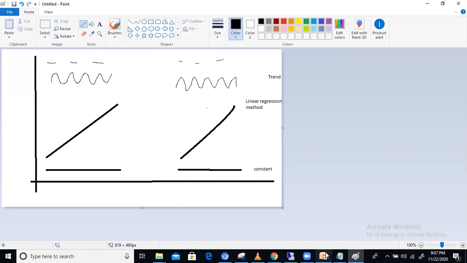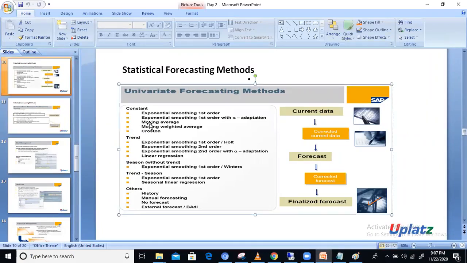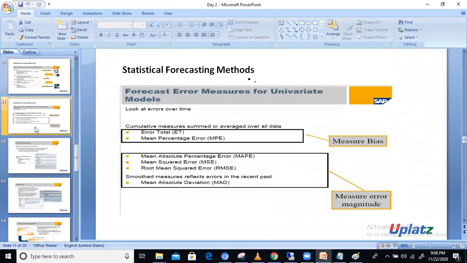This forecast value will be obtained with the help of the moving average method under constant. Like that we have sub methods. Like that we have so many forecast methods. By using these methods, we get the statistical forecast values, which provide accurate results, 90% accurate results. Okay. Apart from this method, we have